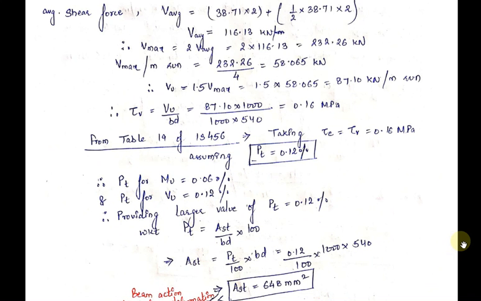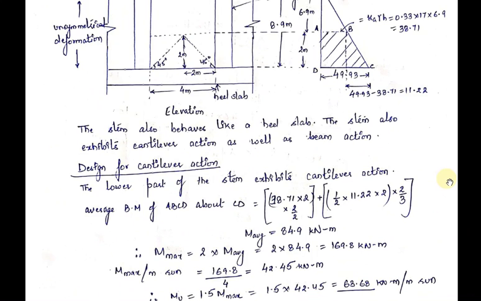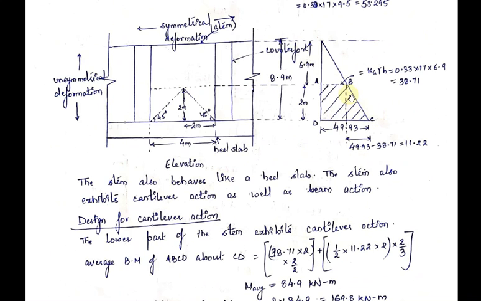Now we will find out the shear force at the base. The shear force will also be maximum at the supports, that is at your fixed support. So that is CD. So we will calculate the shear force along CD. We know that this much part will contribute to the cantilever action. So we will convert this area into force, and this area can be divided into two parts, rectangular part and triangular part. Just take the area of both the parts, we will get the total force acting on CD.